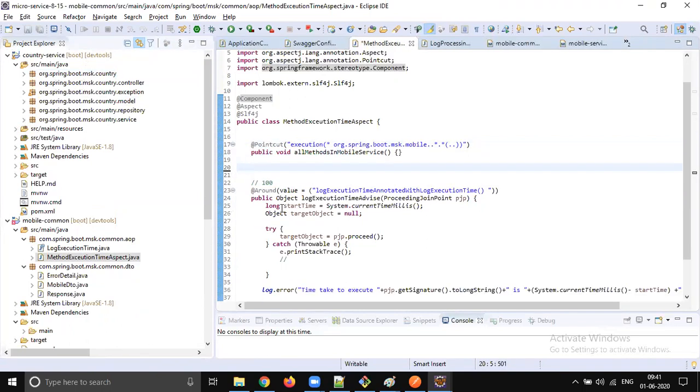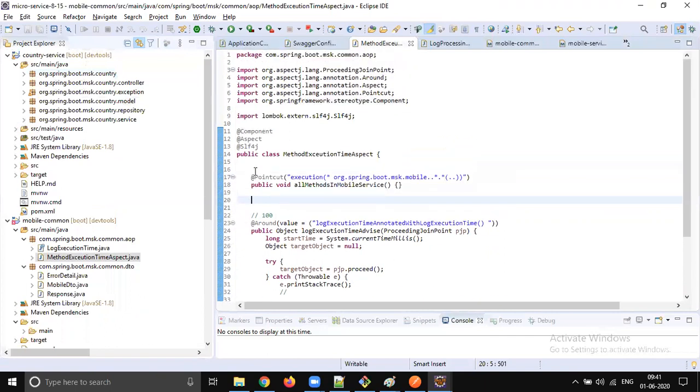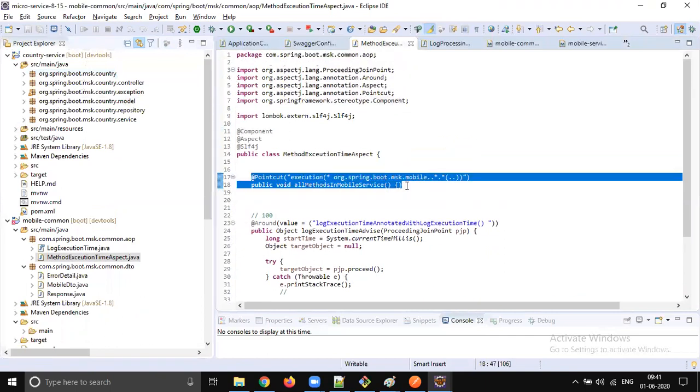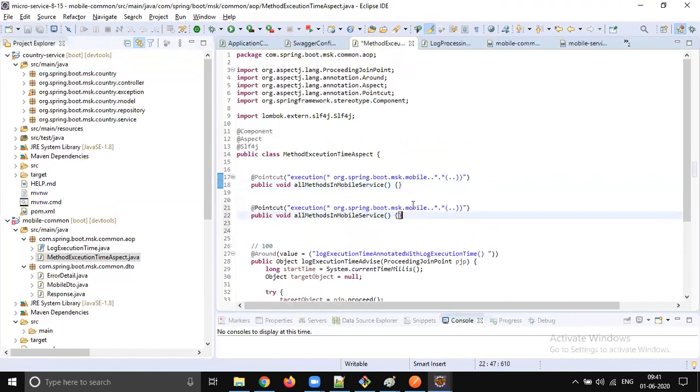So what should we do? We should write one more pointcut to make it work for country. It's like msk dot country, all methods in country service.